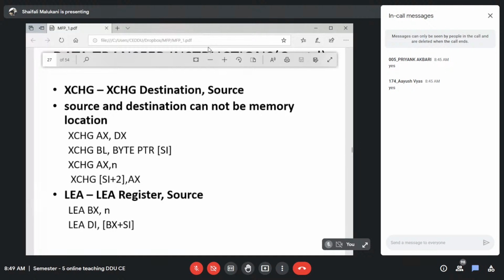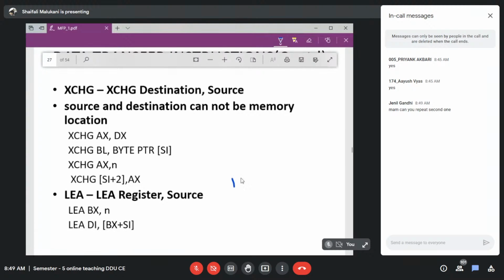Suppose my bx has a certain value, si has a certain value, and the addition of those two is taken. So what do you think it should be? Okay, tell me. Suppose 1 2 3 4 is bx, right? SI is, say,